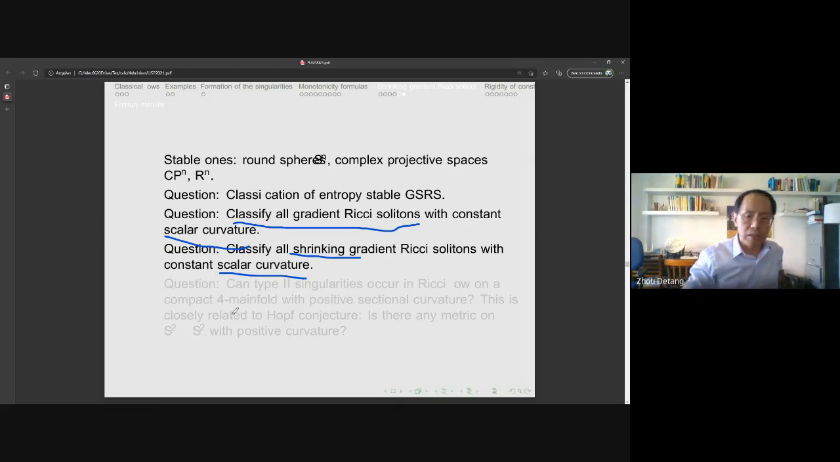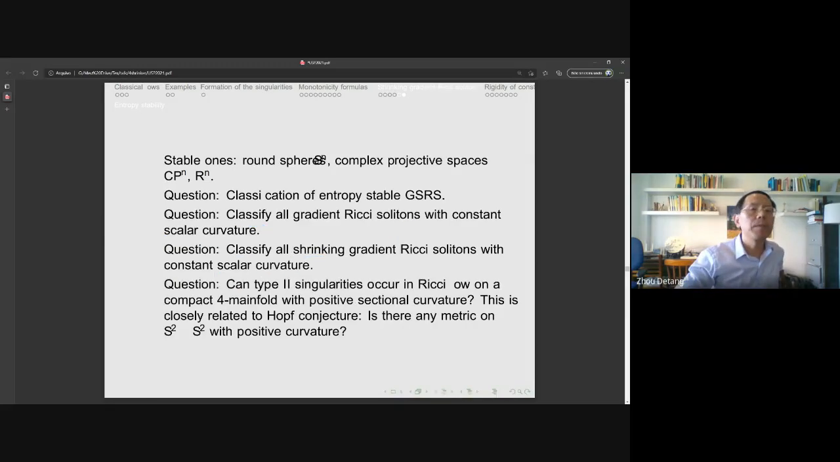Also, we can say that there is an important problem that you can start with, related to the Hopf conjecture. The Hopf conjecture asks whether S2 cross S2 has positive sectional curvature or not. The natural way is that if you assume there is a positive curvature metric on S2 cross S2,